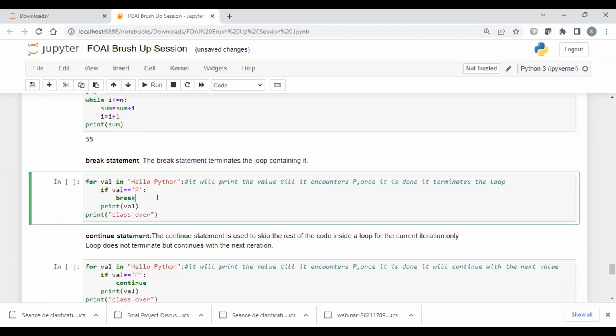Now let us see how the break statement works when we use it inside the loop. Looking at this code, we have provided: if value equals p, it should break, and then print the value. Can anyone tell me, after I run this code, what is the output that is going to come up?